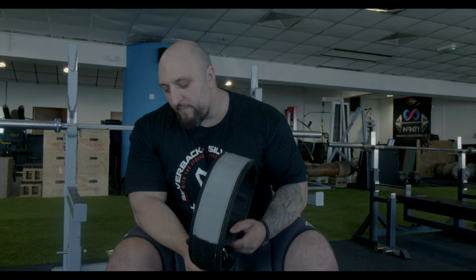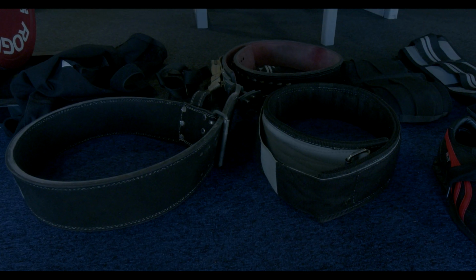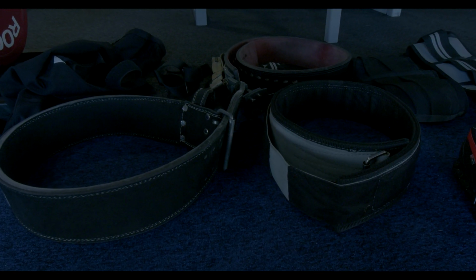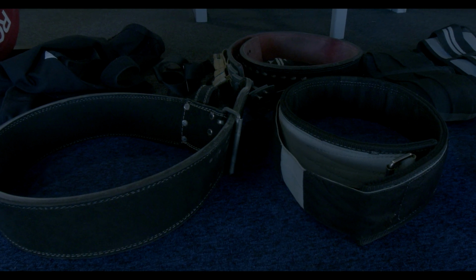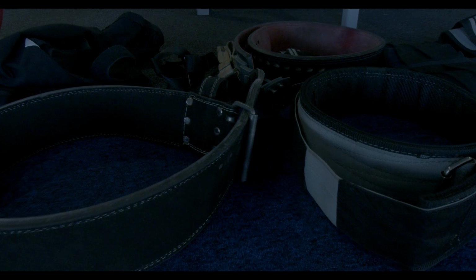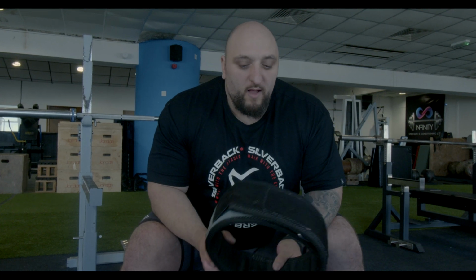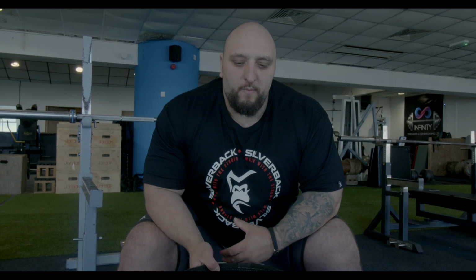It's probably the softer belt of all three. You can actually get it quite tight when you use it with this one over the top. But sometimes you'll often see me use this with the grey one. The weights I'm lifting are quite crazy right now, so I won't use the black and this one together. Quite like them for things like yoke, dumbbell, just where I can get the support, but then I'm not restricted